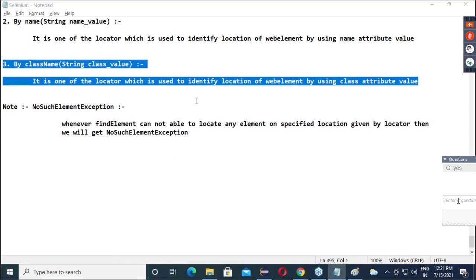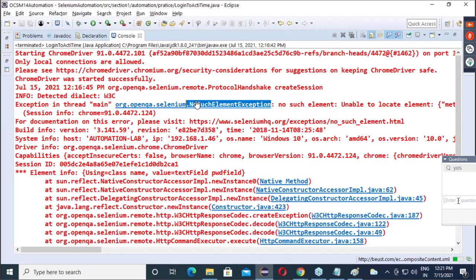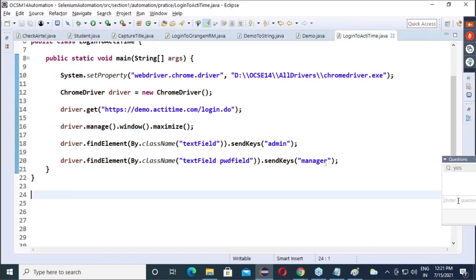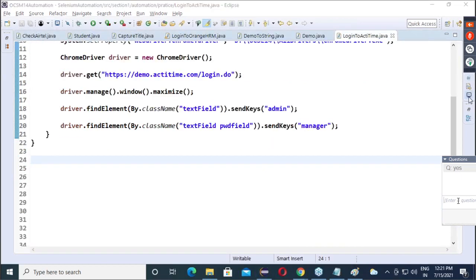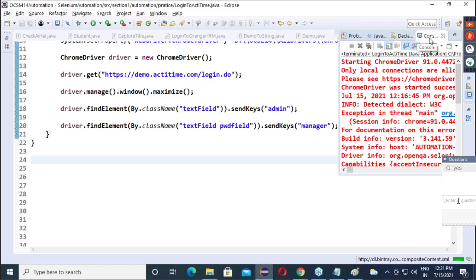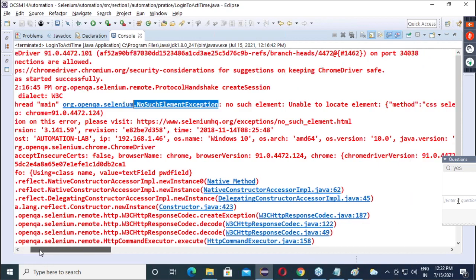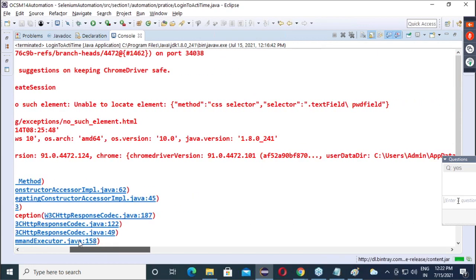Okay. So, now guys, try to understand. We have to resolve this issue. So, why is it technically failing? See, now I will explain this. If you read this exception carefully, guys, observe the screen, your 50% answer is available there itself. No such element exception. I'll just move forward. Can you read this?